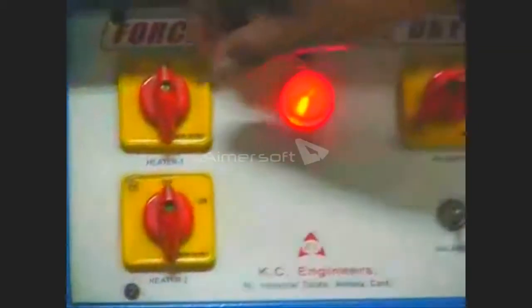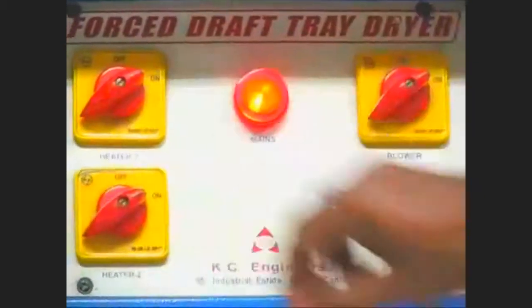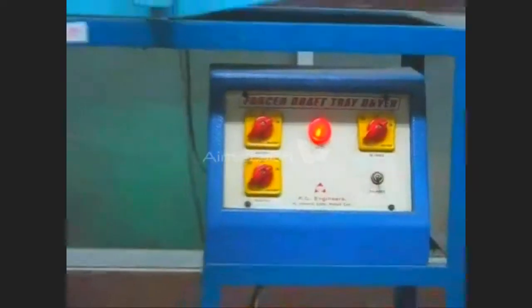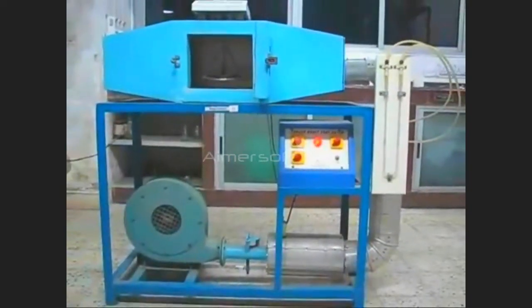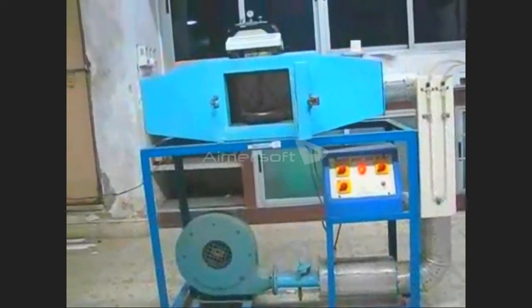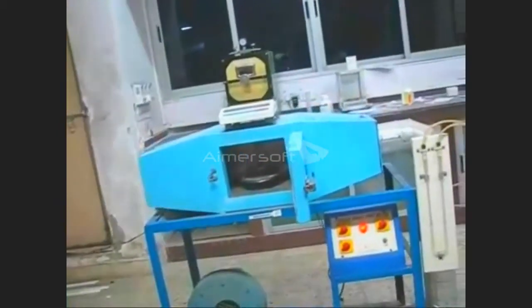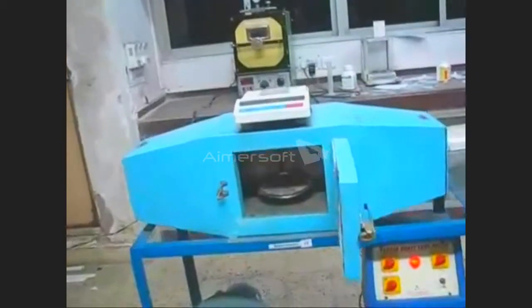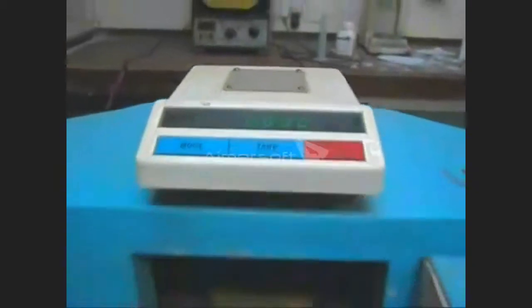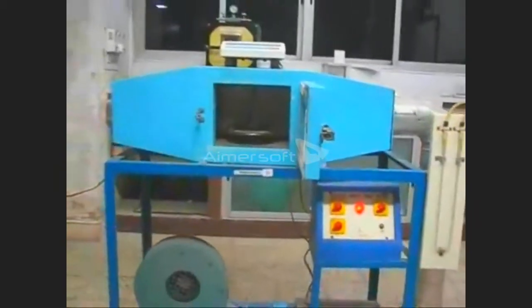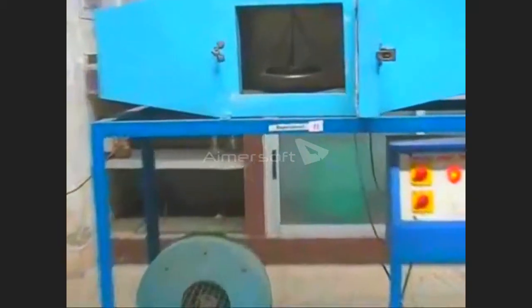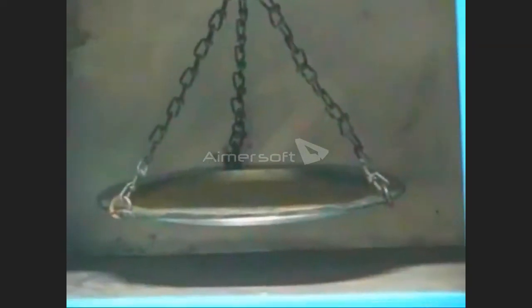Now we on the blower and then the heaters. The balance is brought to 0 with the empty tray. This is the tray.